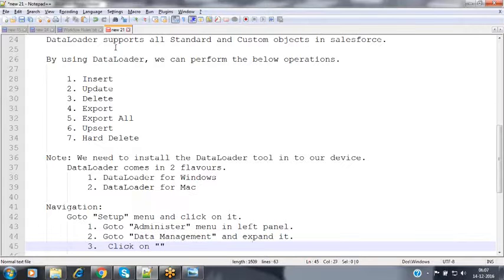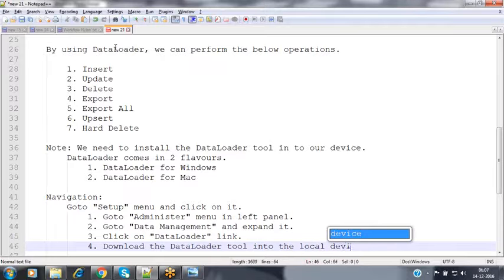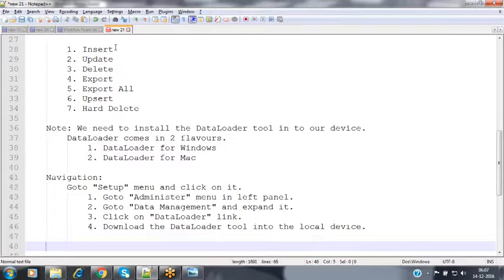Click on the Data Loader link, and download the Data Loader tool into the local device. We have to install this Data Loader tool on your local device in order to perform these import and export operations.